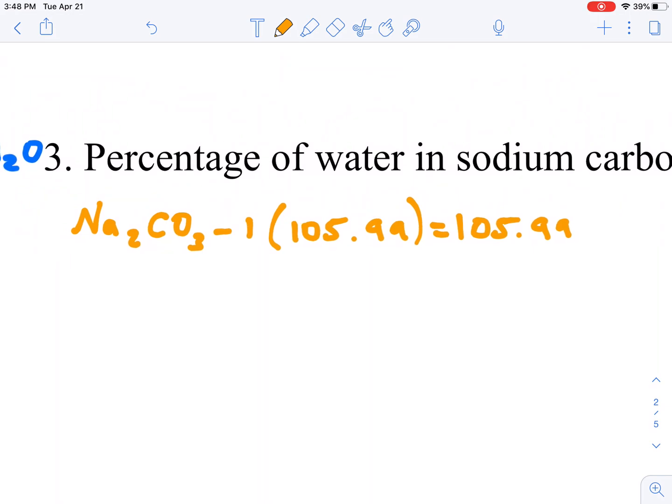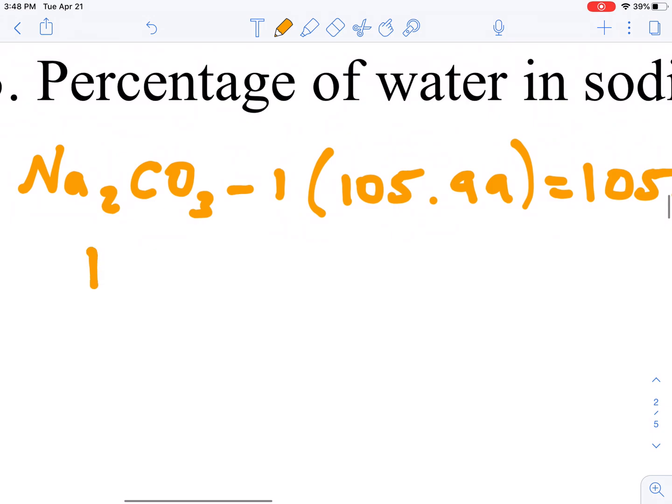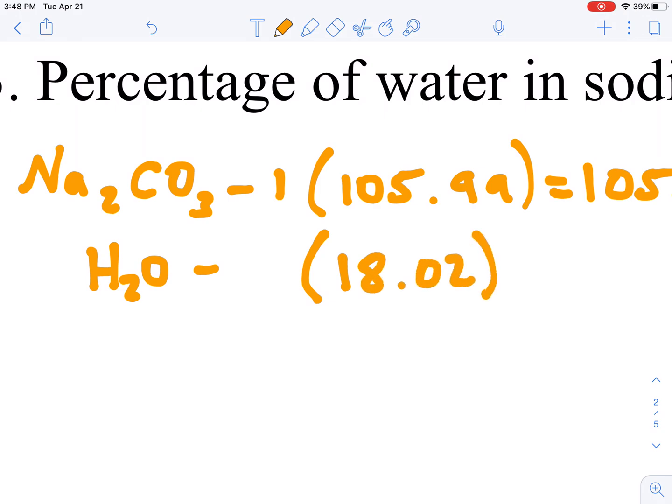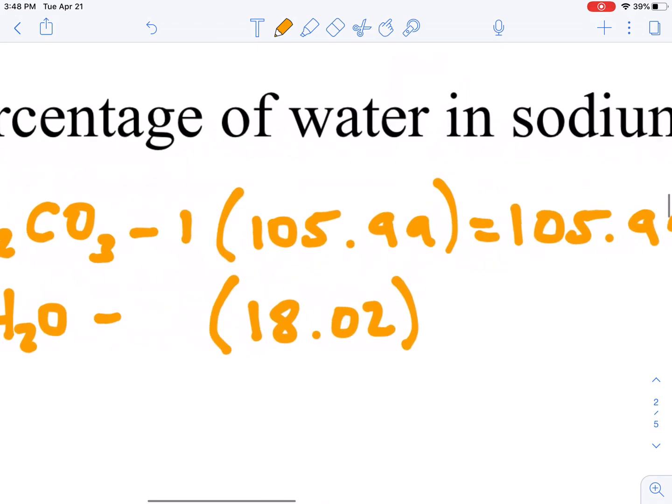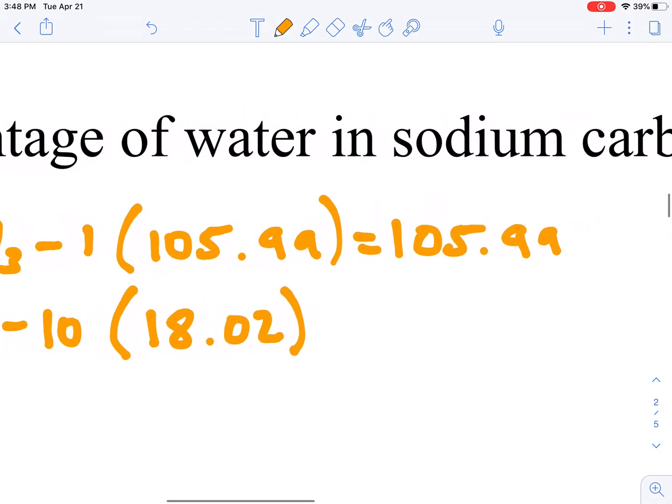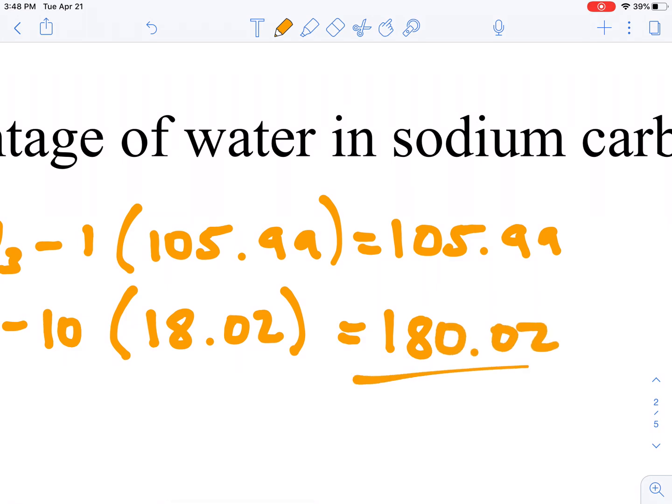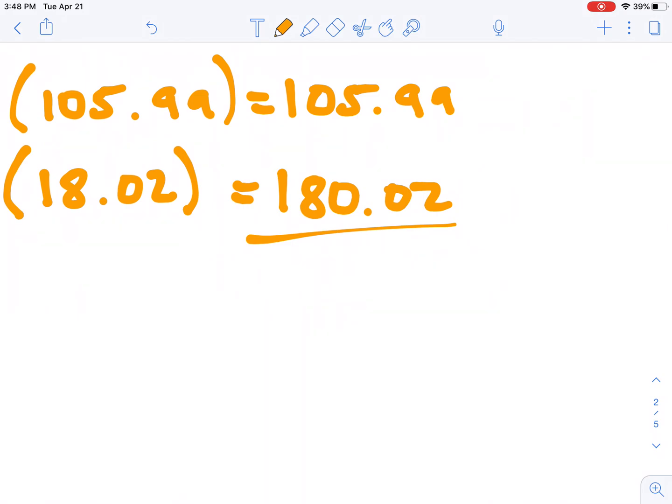We then have water, and water is H2O, right? So H2O has a mass of 2 hydrogens. Each hydrogen is 1.01, so 2 times 1.01 is 2.02. And there is 1 oxygen weighing in at 16. So the mass of an individual water ends up being 18.02 grams per mole. And you'll notice that we have 10 of those water molecules. So we need 10 times this number. We have 180.02 coming from water. So if you add that together, the total compound here weighs